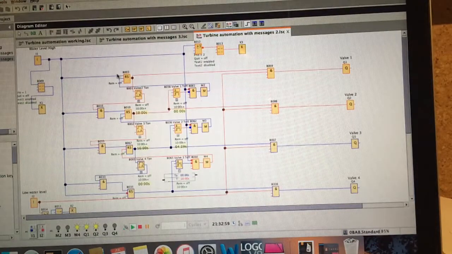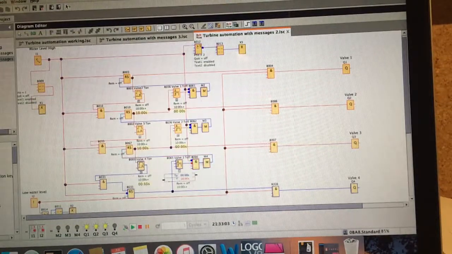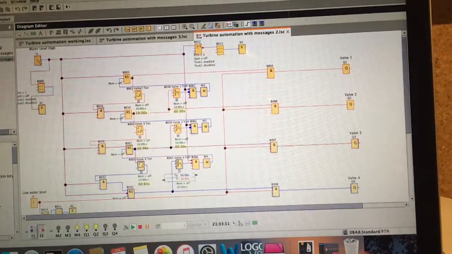If at any point the water level goes high during this process, we'll turn it on again. It turns the valve on immediately and enables the time delay for the next one. So if we turn it off, then straight away it shuts the valve down, and you can regularly see this happen. If you set your time values correctly, it will just keep on going between moving one valve on and one valve off, and it rarely